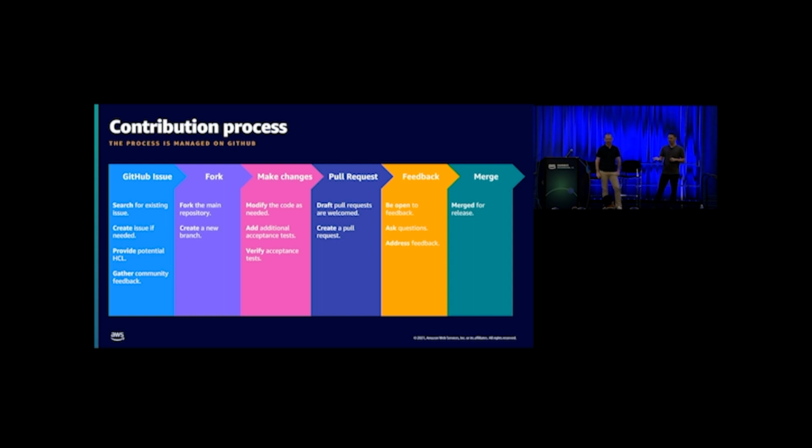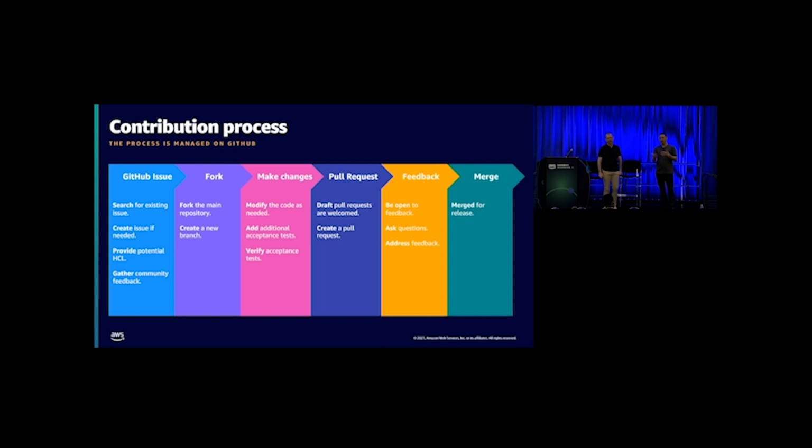Then go ahead, open your PR. I usually prefix it with WIP, work in progress. This lets everyone know that this is a draft PR, and when you're ready for review, you can remove the WIP. Get ready for community feedback. The community is very active. Many of the services have community maintainers, so people that don't directly work for Hashi, but are sort of pseudo-responsible for major services. And then also you can expect feedback from the Hashi team before your PR is merged.